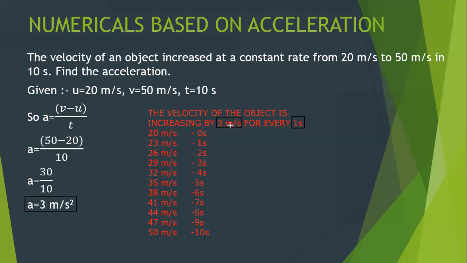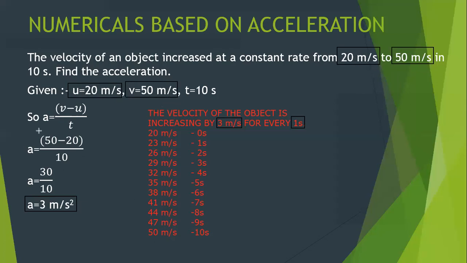Exactly. What is u used for? But u is initial velocity, na, Vidula. U is initial velocity. What's the initial velocity? Look at the numerical. The initial velocity is 20. Exactly. So what's my initial velocity? 20. What's the final velocity? The final velocity reaches 50 meter per second now. So what's my final velocity? 50. And the time is 10.